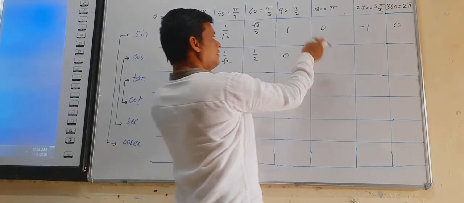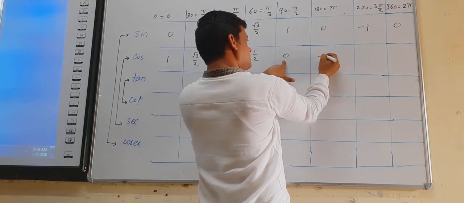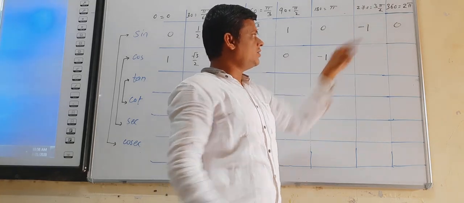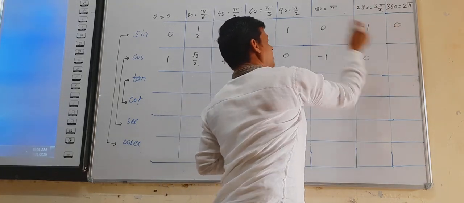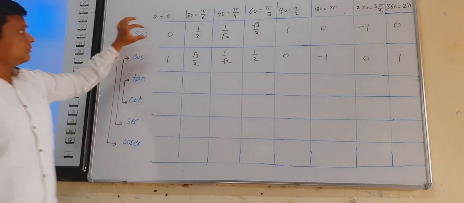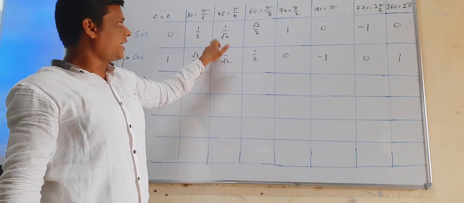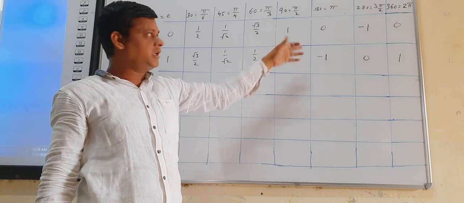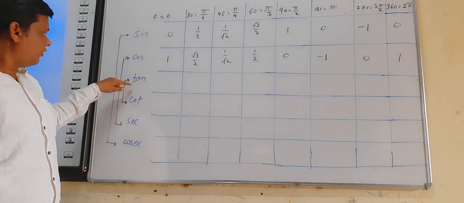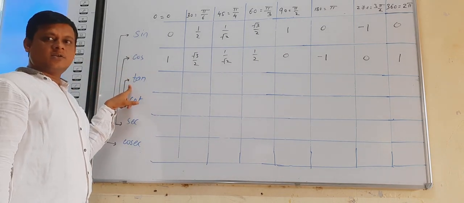Then we have to see the next values after this. 0, then the next value is -1, 0, after that the value is -1, then again 0, then the value is 1. In this way, if you know the values for sine 0, sine 30, sine 45, sine 60, sine 90, then the remaining columns you can fill in this way. Now if we make the pairs, we know that tan is sine upon cos.